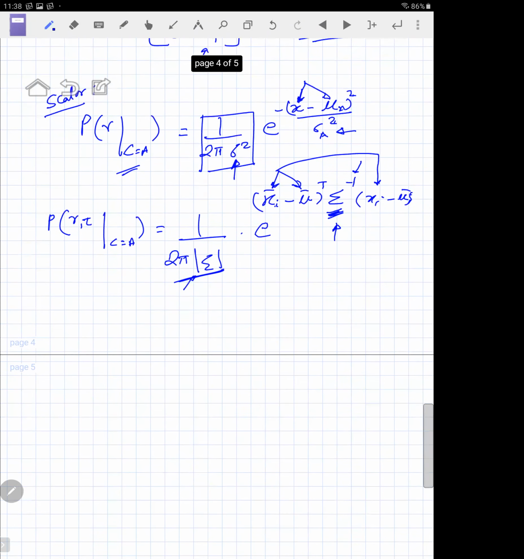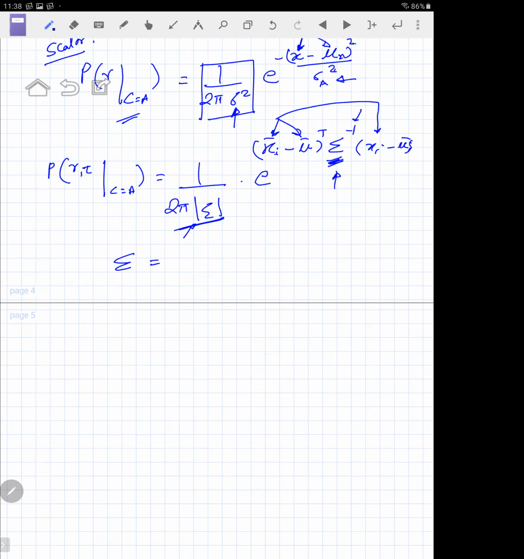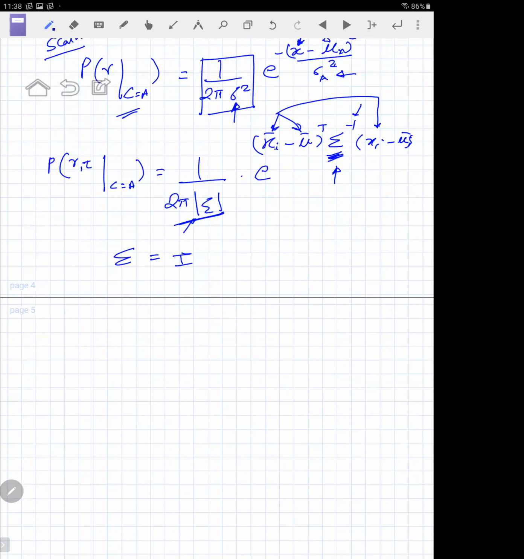Okay, so again, under the assumption that sigma is equal to an identity matrix, we have this probability equal to, and discarding this constant value, let's just put the constant value as k, e raised to (xi minus mu) transposed (xi minus mu). Both of these are vectors. The T over here that you see is a transposition of a vector, and I'll tell you in a minute why. What does it mean to transpose a vector?